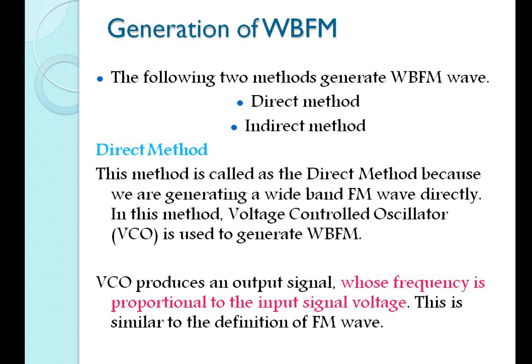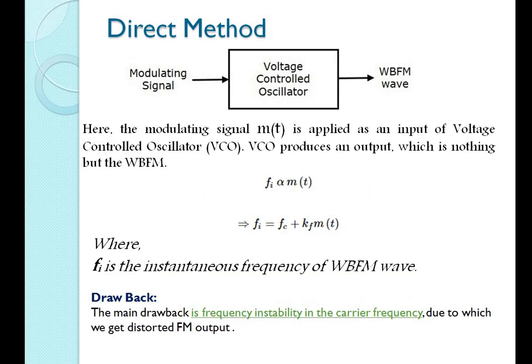In the direct method, you have a simple voltage controlled oscillator. It itself generates its carrier frequency. It is modulated by your message signal and gives wideband frequency modulation. But the drawback, and the important point to remember here, is that its frequency is directly proportional to the input signal voltage. Whenever your voltage increases, your frequency also increases. So the drawback is that there is an instability in your frequency. Whenever you increase the input, the frequency increases, and when it decreases, the frequency also decreases. So there is an instability in that frequency.